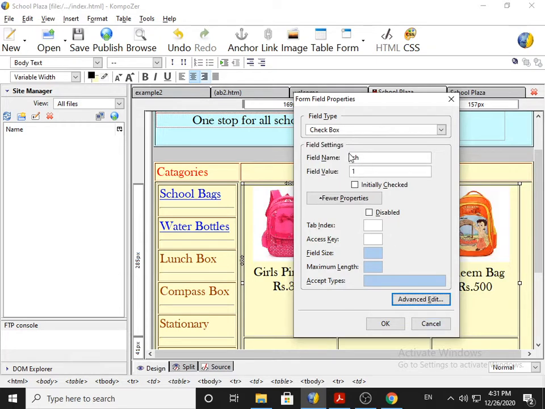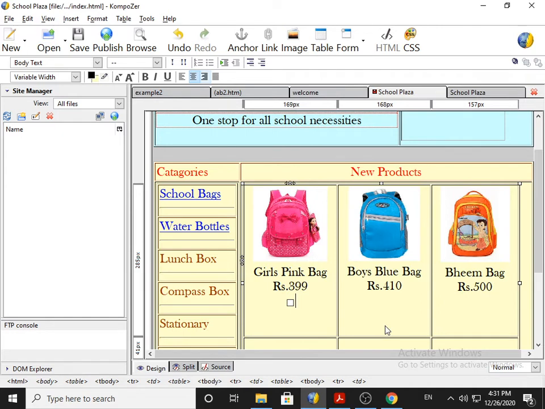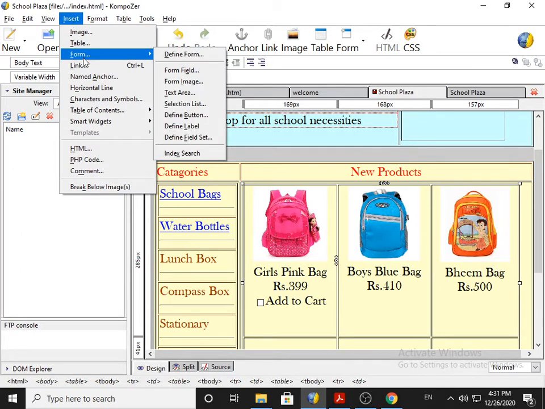So checkbox, name CH, field value 1, ID B1, and OK. And here we will write add to cart. Same way here we will prepare the add to cart checkbox for boys blue bag. Insert form field,